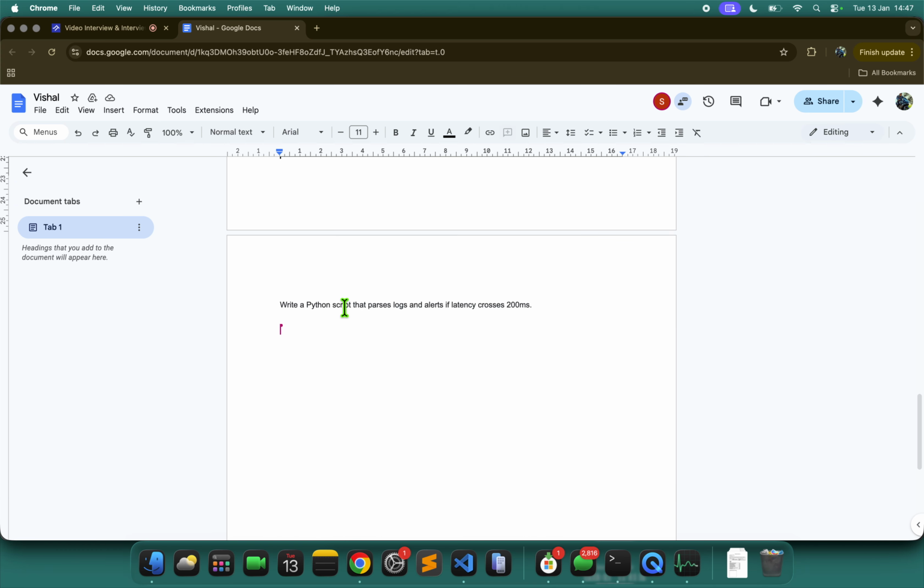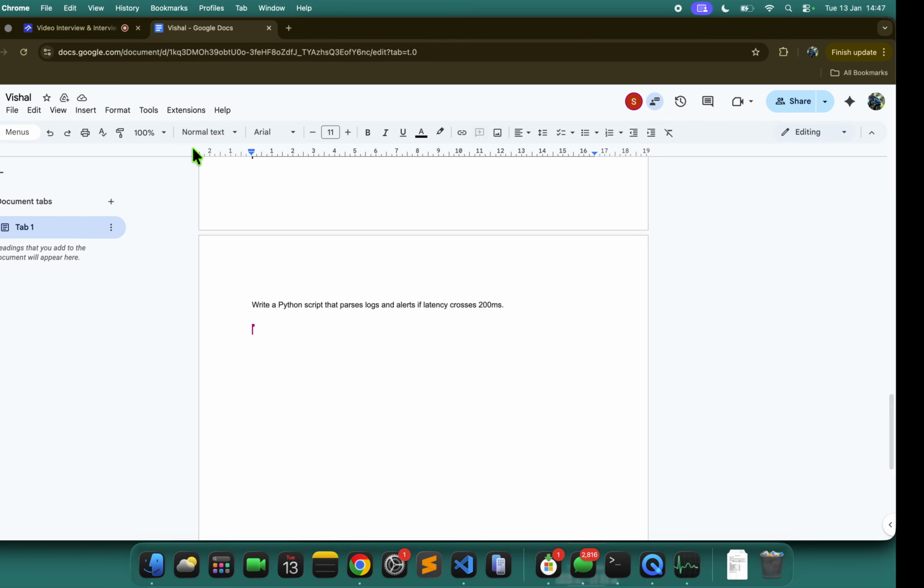Yes. Can you write a Python script for this? Write a Python script that parses logs and alerts if latency crosses 200 ms. Do we have any endpoints, like latency for any of the services?